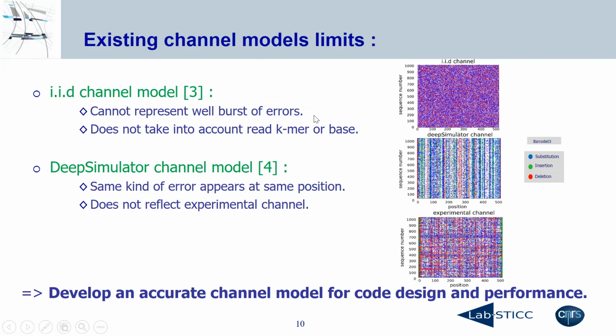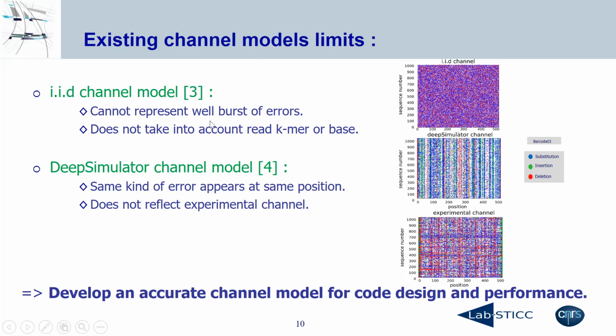So after exploring the state of the art, we found these channel models, which are the IID channel, for independent and identically distributed channel, and the DeepSimulator channel based on a deep learning approach. However, both models seem to be not accurate enough to approach the experimental channel, as we can see on these error maps, where the x-axis represents the position of the error on the sequence, and the y-axis represents the sequence number. So in the case of the IID channel,